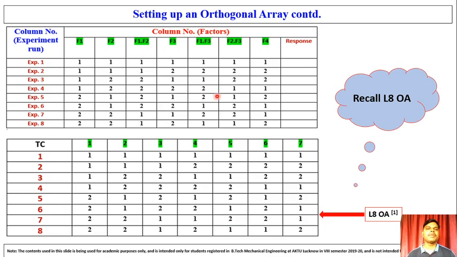Then we'll go for setting up the orthogonal array. We'll recall the L8 orthogonal array, that was this, with 7 factors, 2 levels and 8 treatment conditions. When transposed to the experimental procedure, this will represent 8 experiments and 7 factors, and the response can be noted in this table. I have shown here that if there is an interaction between factor 1 and factor 2, then we can write the third column as per the rules of setting up the orthogonal array. The third column must represent the product of f1 and f2.